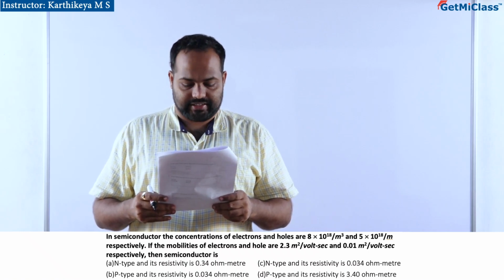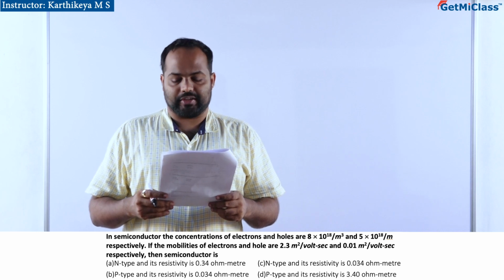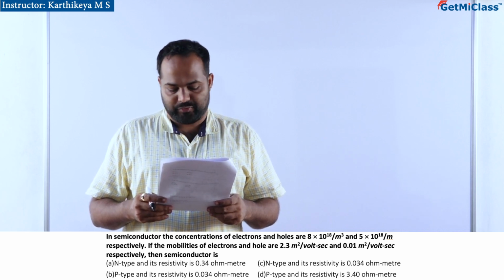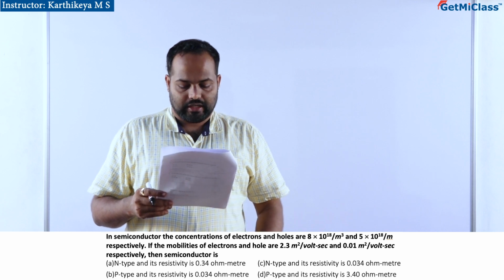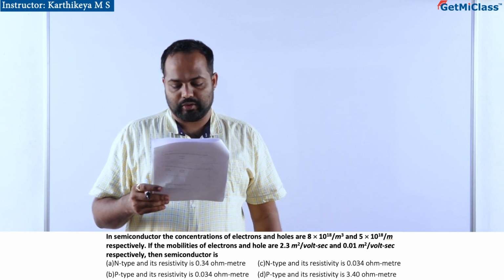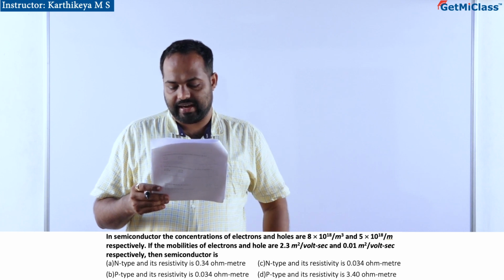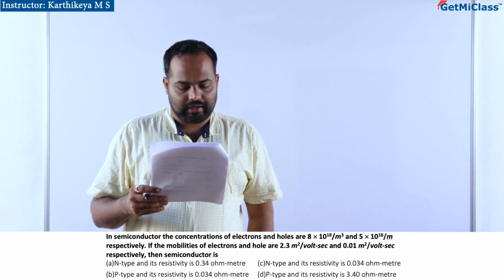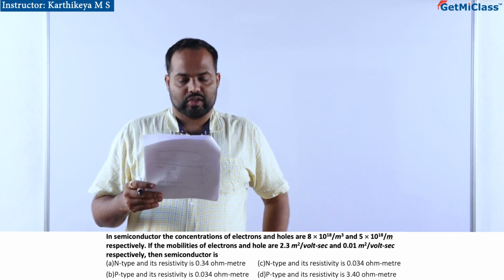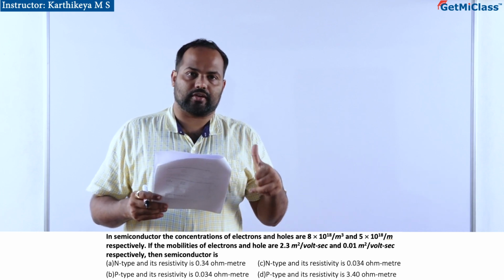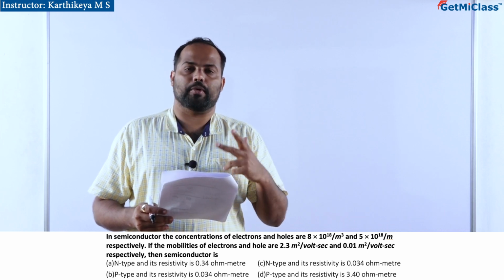In a semiconductor, the concentration of electrons and holes are 8 into 10 to the power 18 per meter cube and 5 into 10 to the power 18 per meter cube respectively. If the mobilities of electrons and holes are 2.3 meter square per volt second and 0.01 meter square per volt second, then the semiconductor is... So they have given electron concentration, hole concentration, and also the mobilities of